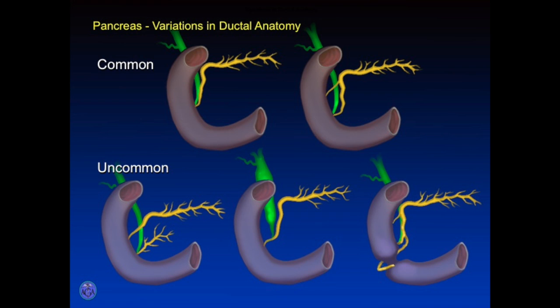So the divisum issue as a cause of pancreatitis is controversial, and luckily I'm not charged with discussing that today. The other two malformations to consider, one is a common channel. So if the bile duct fuses with the pancreatic duct upstream, I think Joe's already had a case of this